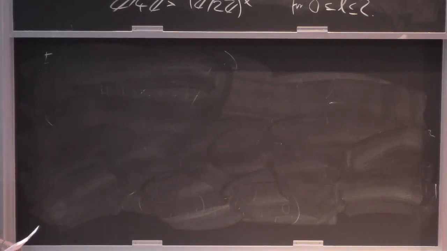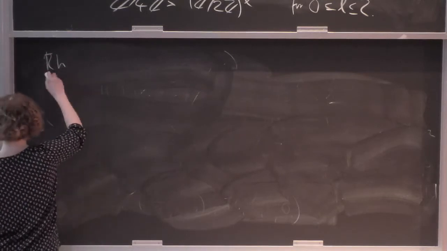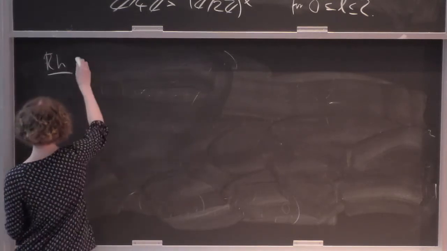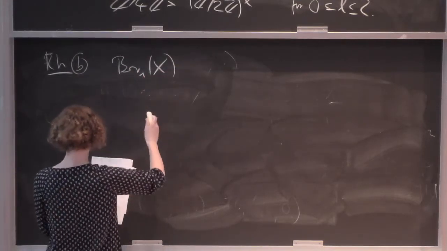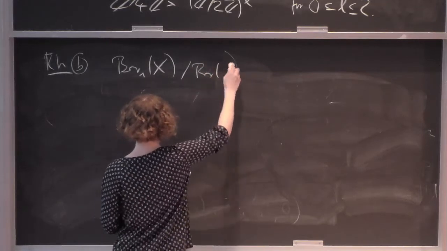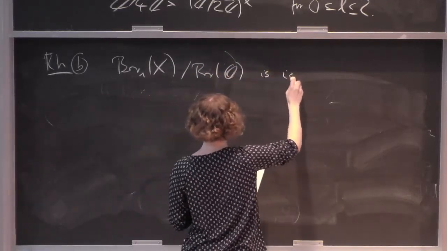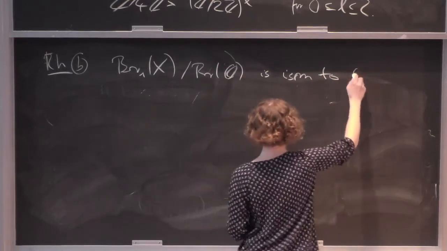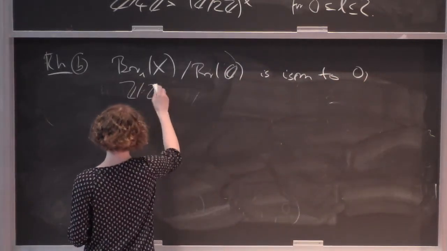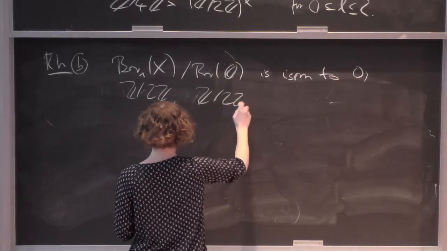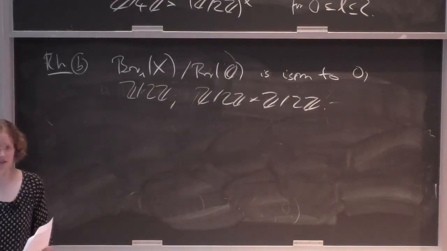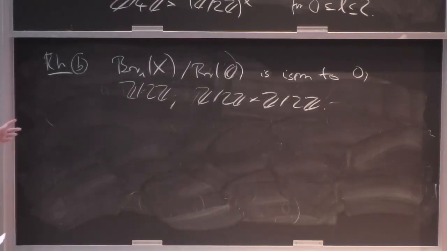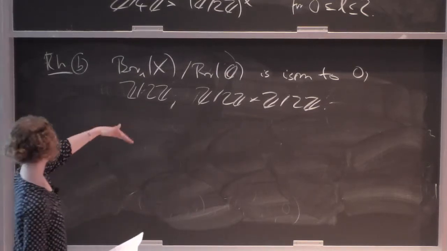Right, that was sort of the next one of the remarks that I want to put down here. So, due to a calculation of Schindler and Dyer, if you only look at homogeneous things, so if you don't take out this hypersurface, just look at Brauer X modulo Brauer Q, then this is isomorphic to either 0, Z modulo 2 Z, or a product of Z modulo 2 Z and Z modulo 2 Z. So in particular, if you have already a Brauer group in X and then remove a hyperplane, then this stays in U. But you get more things if you remove a hyperplane.